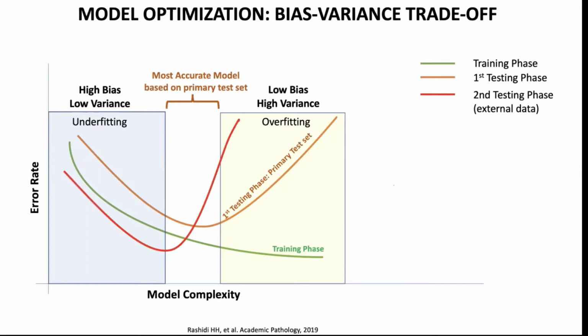And if you noticed, in this case, a secondary data set that is tested on that same model finds that the best model is actually to the left of that low peak in terms of the error. The most generalizable model happens to be the one based on that secondary test set, or even better, a tertiary test set later on, rather than that initial first test set that you tested out.